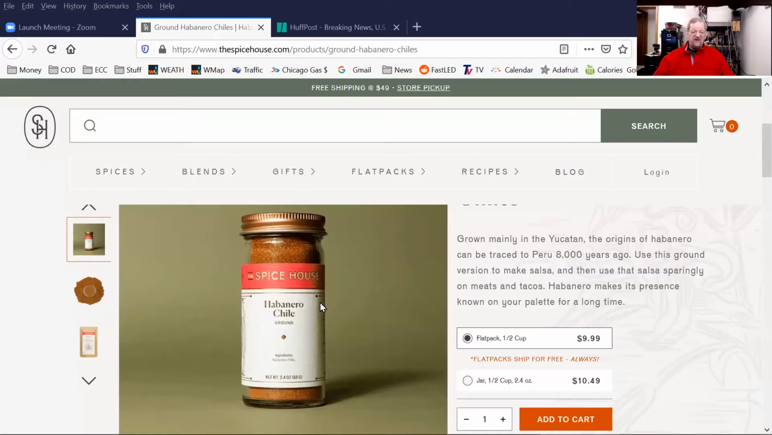Now, I use that stuff. When I make chili and I have a big pot of chili, I'll just go ding, ding, ding. That's enough to give it some heat, good heat, along with other things. Now, by the way,